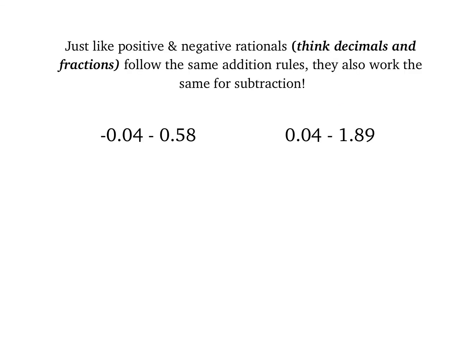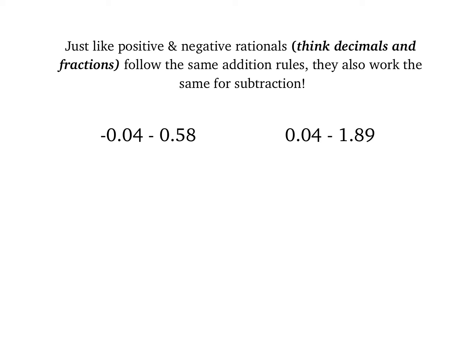So just like positive and negative rationals follow the same addition rules, they also follow the same subtraction rules. So we can keep using the same strategies that we have been using for integers on those messier numbers like decimals and fractions. So we'll do 2 examples of each. It might help you, since it might be harder to visualize that answer right away, to really think of these